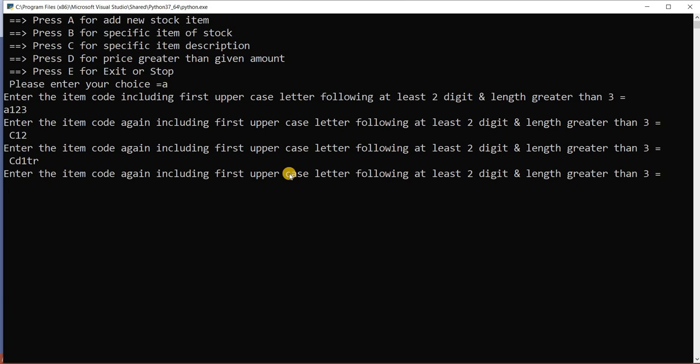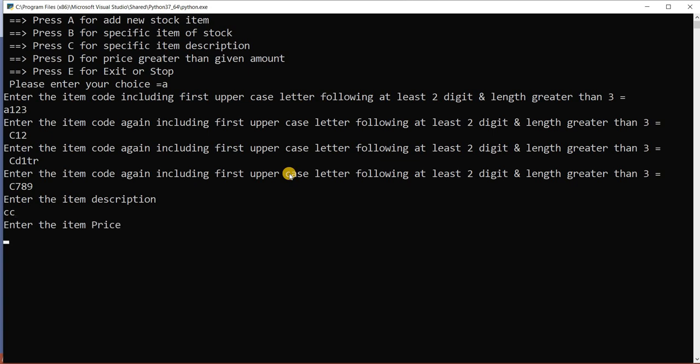Okay, now I will give one complete string, a good string, which means a valid string. I will give C 7 8 9. Now it is moving to the next step. The next step is item description, so I am giving C. Item description is C. You can give anything, you can write anything.